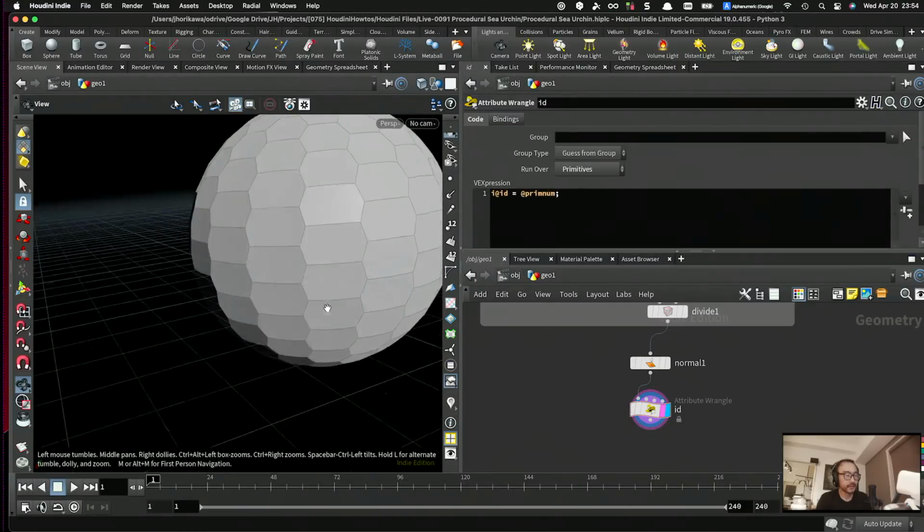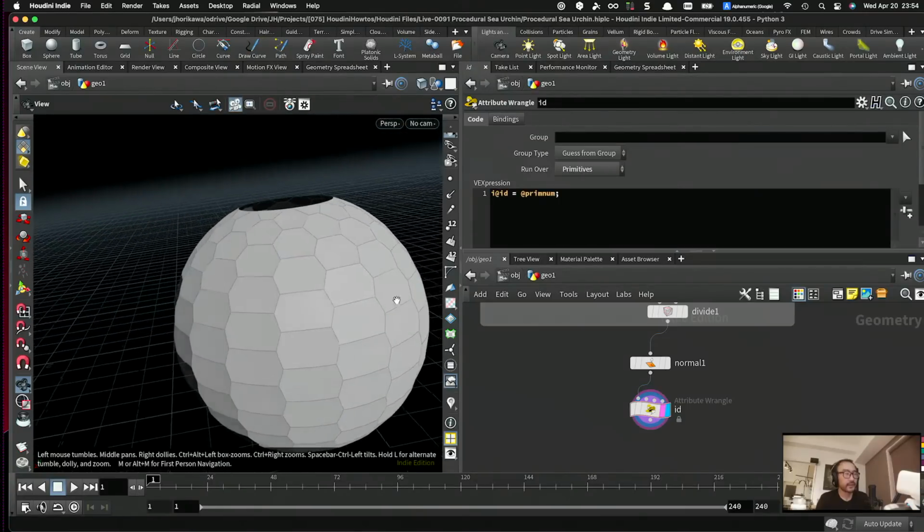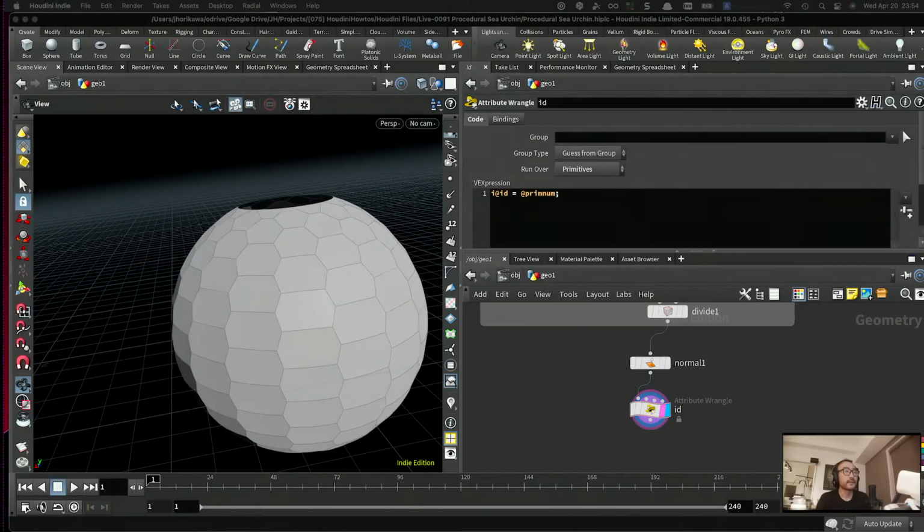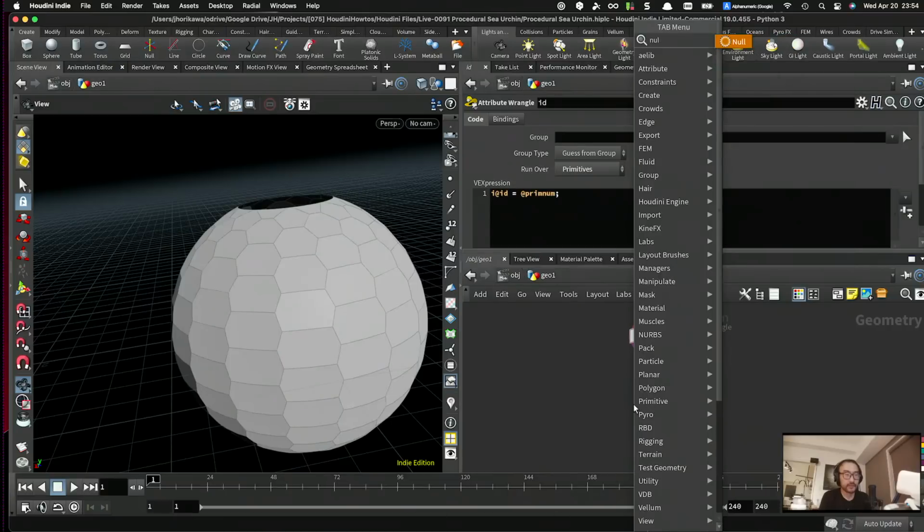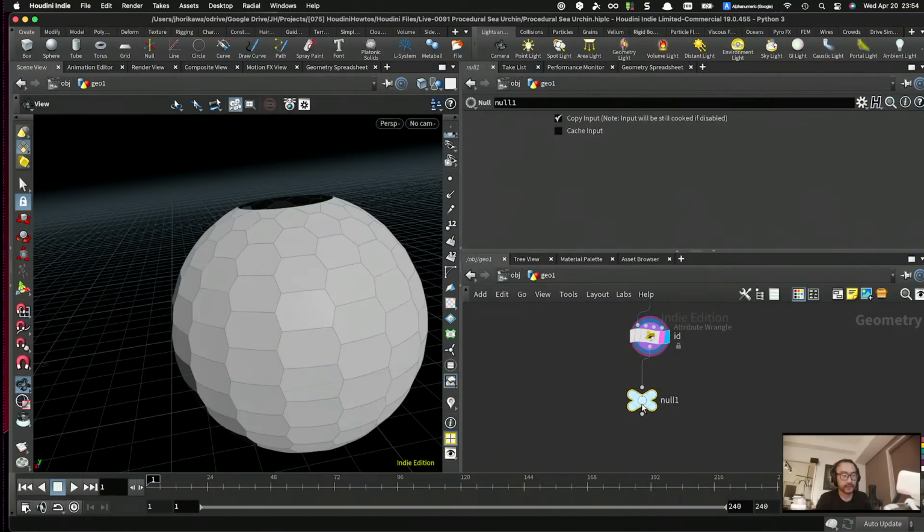Right. Okay, so let me try to find out what I was trying to do. Let me see what I was trying to do. Okay, I am first going to connect this to a null node named base,